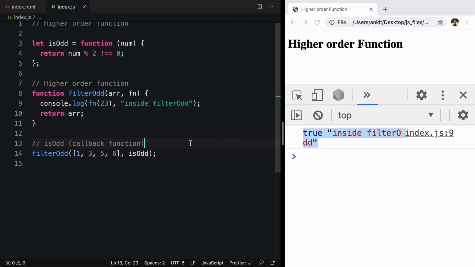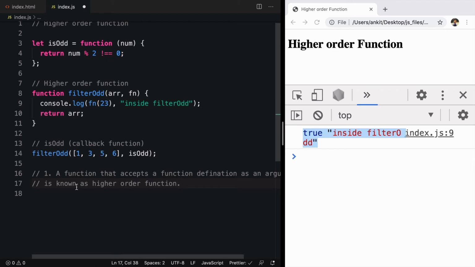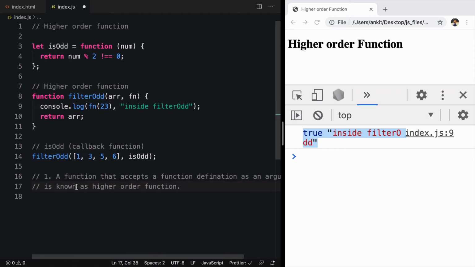So here we have seen the first condition of a higher order function. The first rule says a function that accepts a function definition as an argument is known as a higher order function. So here filterodd is a higher order function, and the function that is being passed as a function definition, in our case isodd, is known as a callback function.